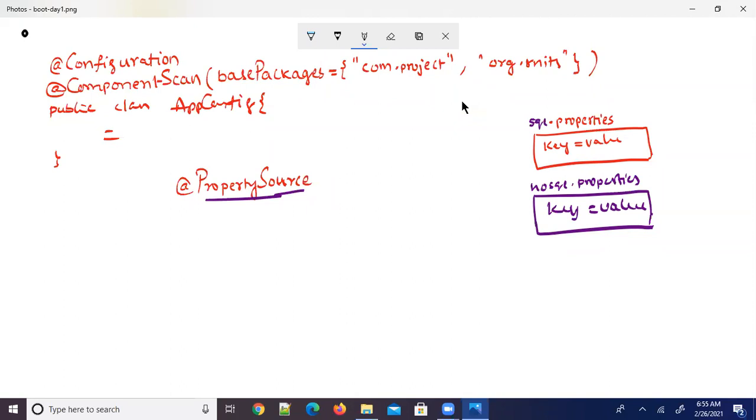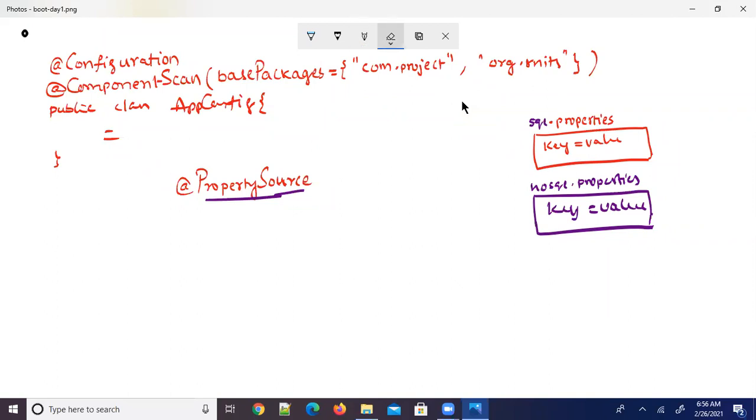Then to load these configuration properties from the external files into the Spring application context, there is one annotation called @PropertySource. And this annotation also we add at the class level.